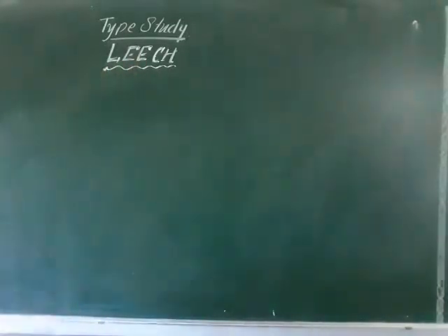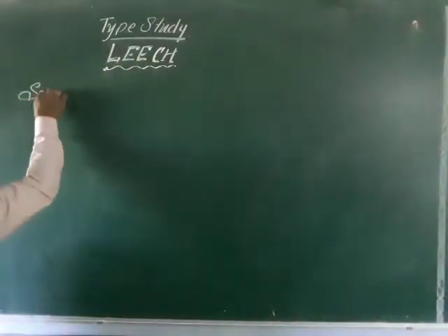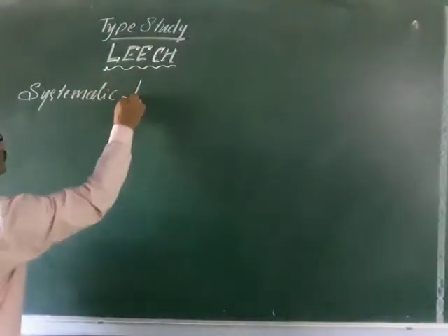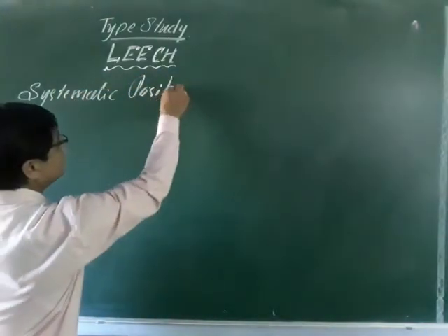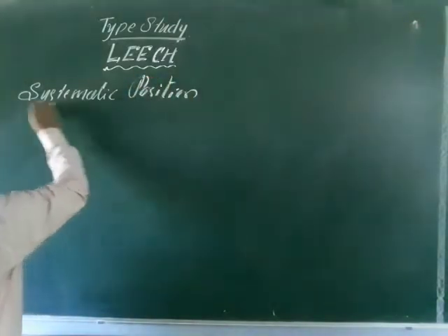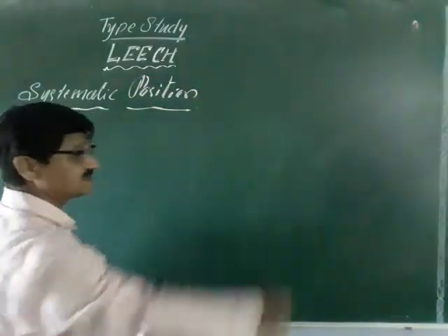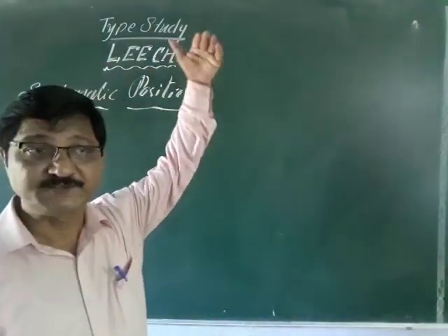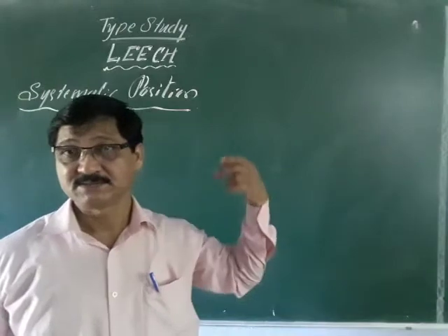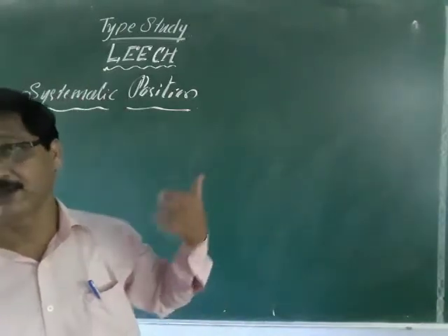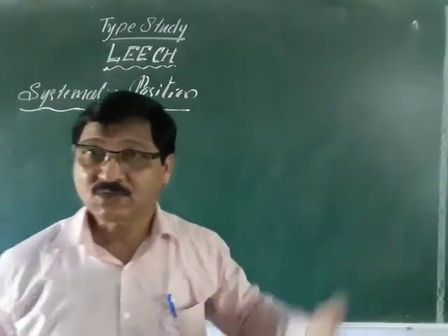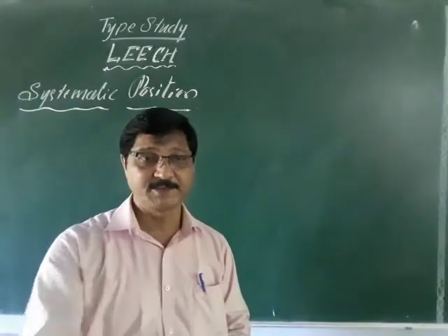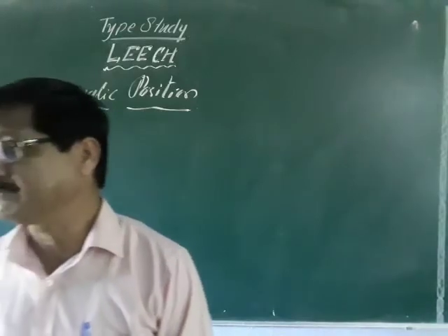And what is its systematic position? Last time we studied that. Systematic position means which phylum, class, family, subfamily, order, suborder the animal belongs to, like that. These are called the systematic position. As we discussed last time, for a particular type of animal or a person,